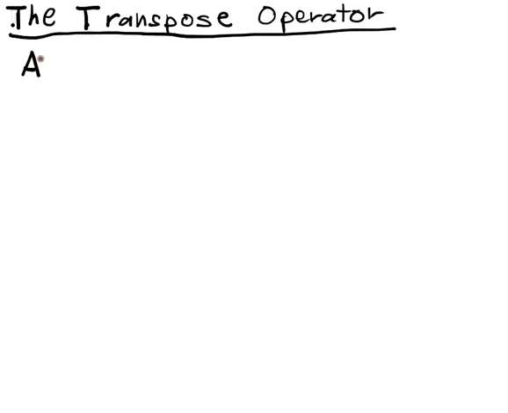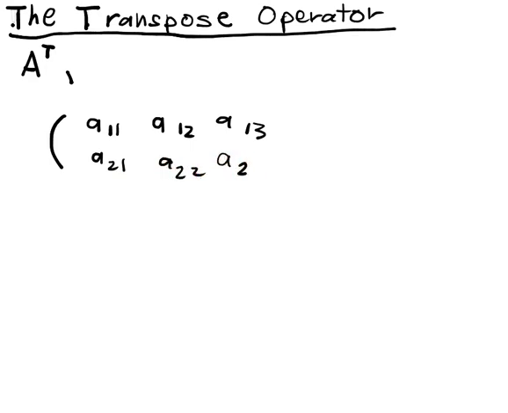So the transpose operator, so if we have a matrix A, we simply write a T up in the superscript. And that indicates the transpose. And what does the transpose do? Well, let's say that A was this matrix. So let's say we have our generic 2 by 3, with entries A21, A22, A23. Well, when we take its transpose, now we're going to get a 3 by 2 matrix obtained by essentially